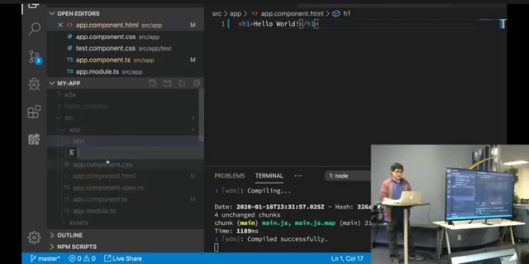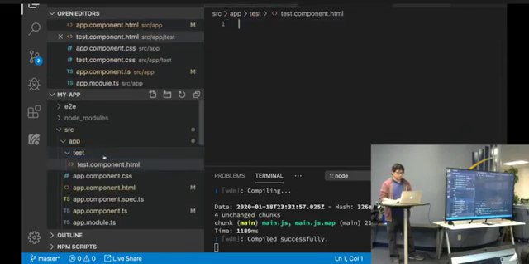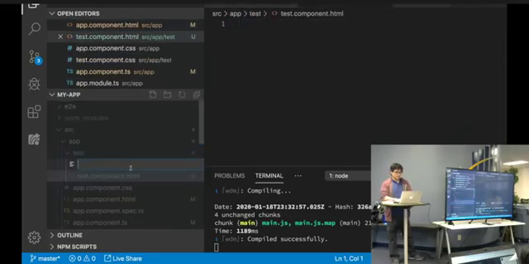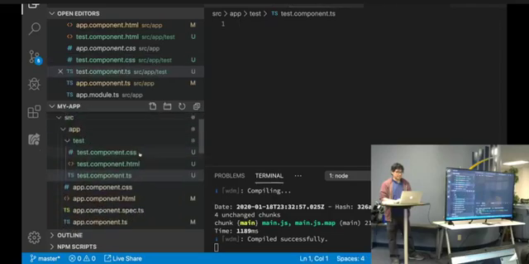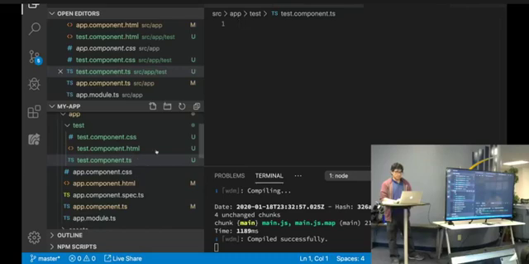And then in my test folder, I'm gonna create something called test.components.html. And then another file, test.component.css, and another file called test.component.ts. So CSS is my styling, HTML is my template, and my TS file, which is TypeScript, is my logic. And so in my TypeScript file,